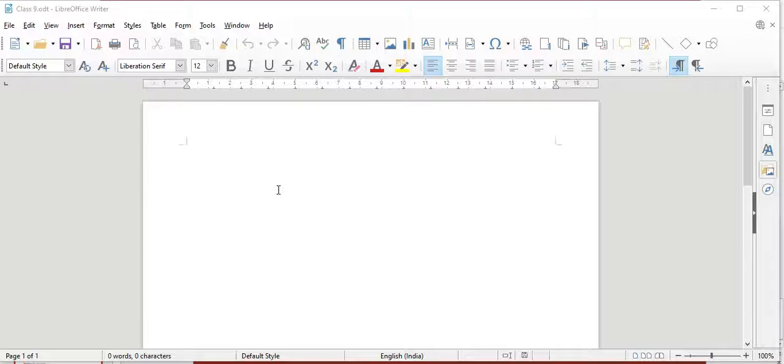When you are creating your document, when you are opening your document, you will see this window. This on the top of the Writer window is called the title bar. It shows the title of the currently open window, and when we are saving a document with a particular name, we can see that on your title bar.